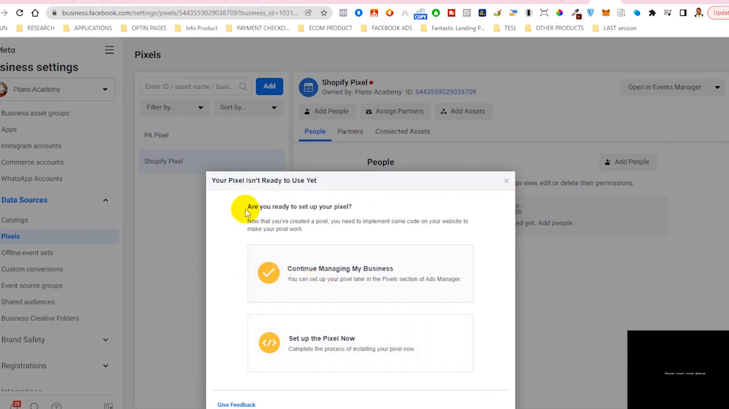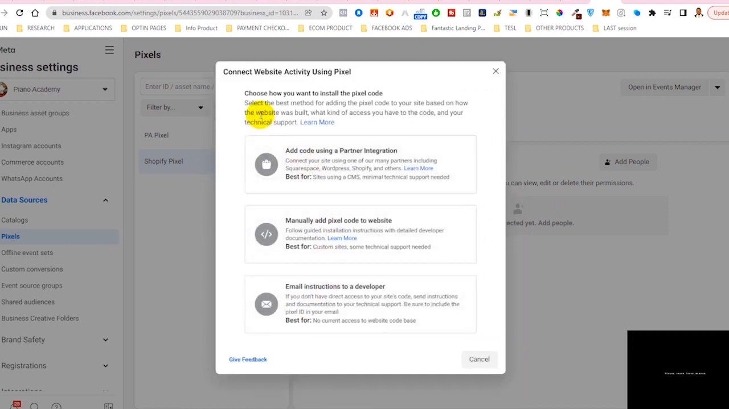This screen comes up. It says your pixel isn't ready to use yet. Definitely it's not ready because we've not set it up, we just created it. So are you ready to set up your pixel? Definitely. Click on Set up pixel, and it says